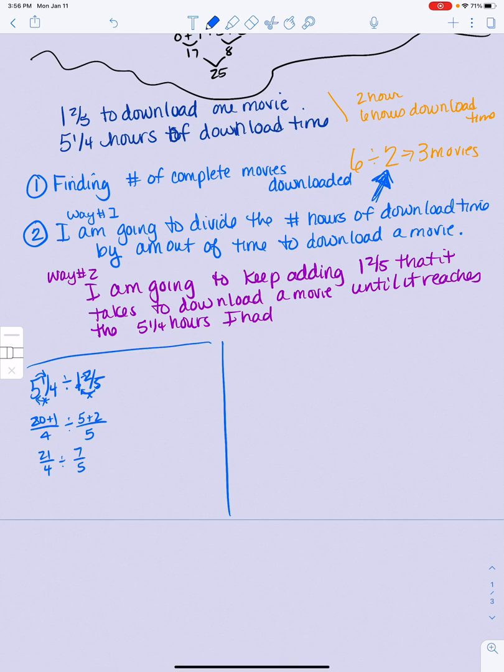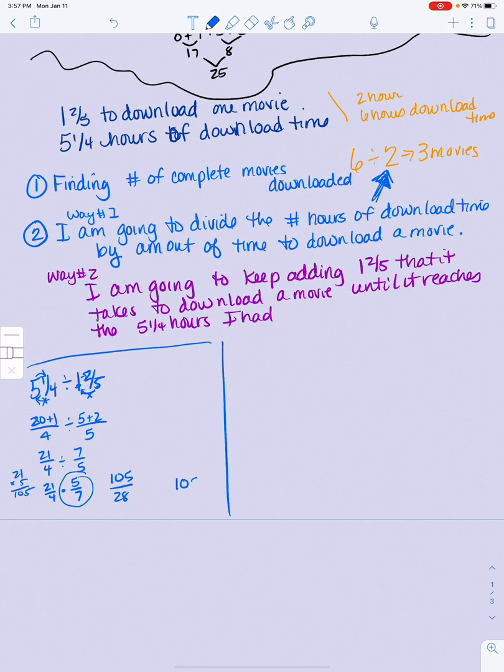I know to divide fractions, I need to multiply by its reciprocal. 21 over 4 times 5 over 7. See how I flipped this? Okay. Multiply across the top. 21 times 5, in case you don't know, is 105. 4 times 7 is 28. So that means that I am